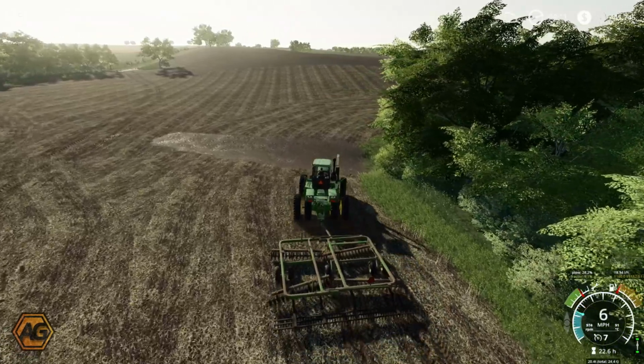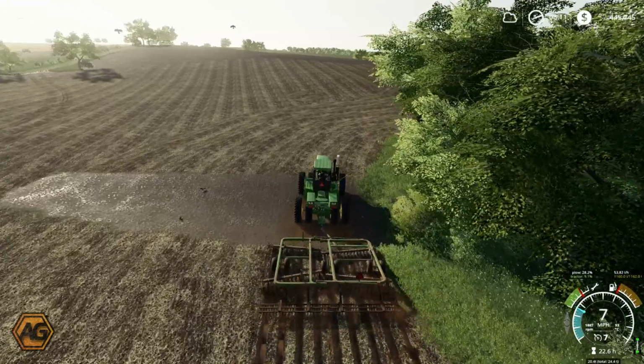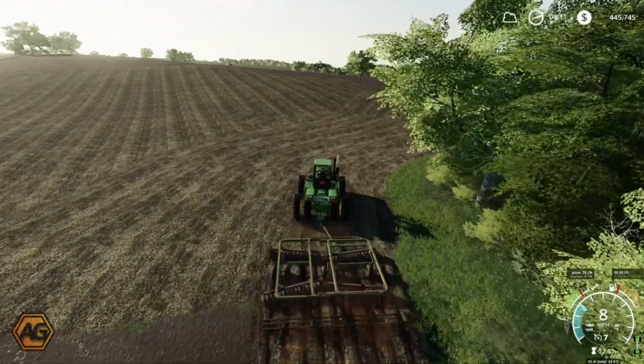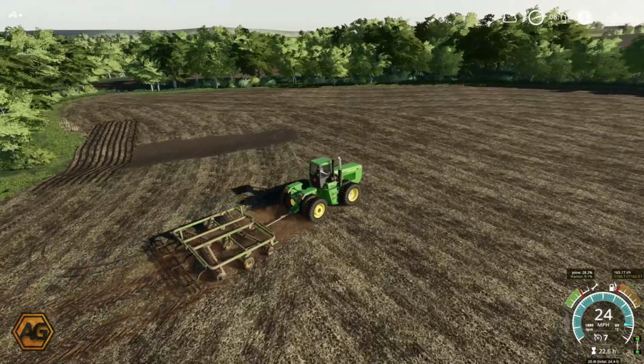Alright, here's the first spot down in this field. So we'll just drop the plough down there, run through this, see how it goes. There we go, it's looking pretty good. So we'll get this one done very quickly,